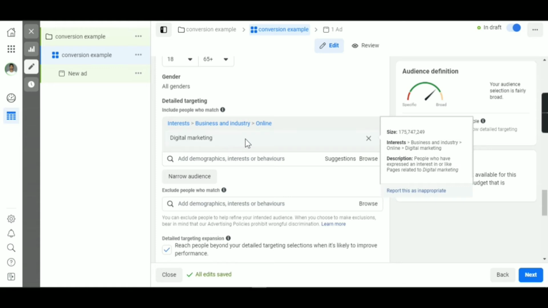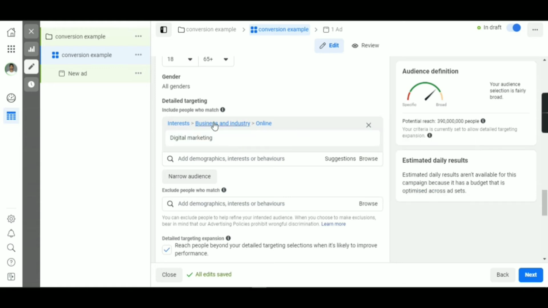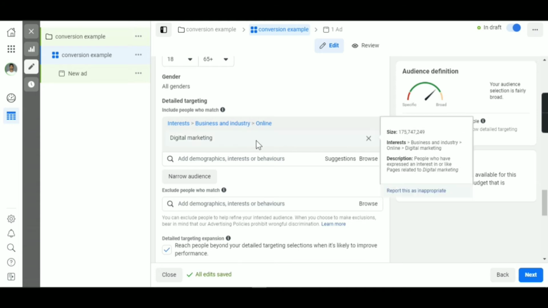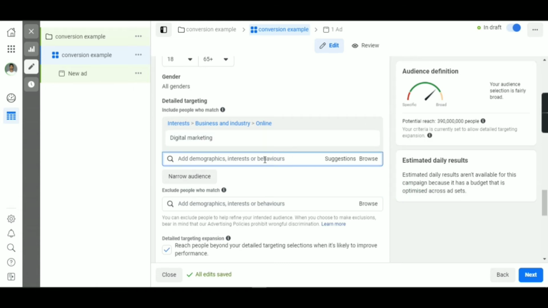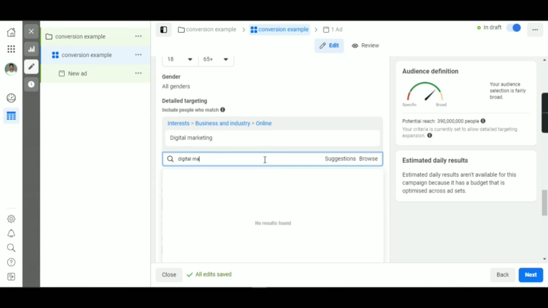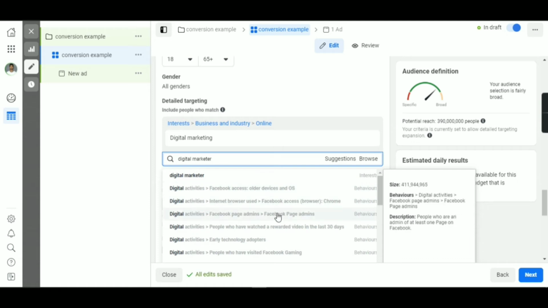Detailed targeting. In detailed targeting, you can target people based on their behaviors, interests, or demographics. In our case, I have put digital marketing as an interest. I can also add other things. I can target Facebook page admins.